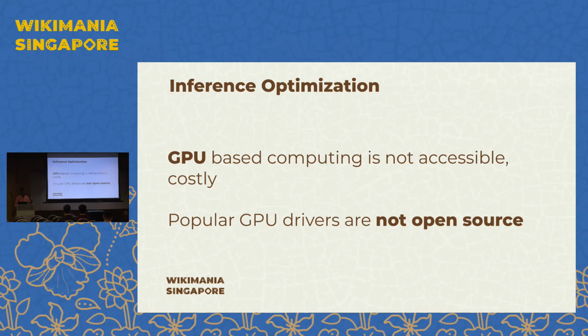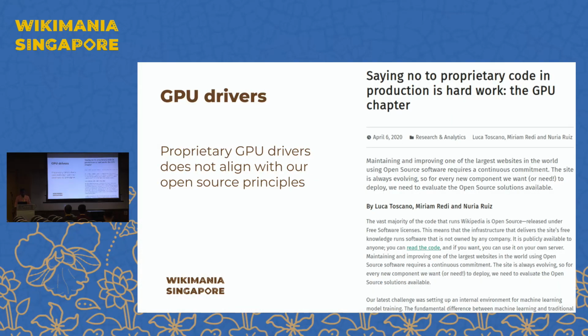So like I said, the first principle I mentioned in the beginning of this presentation, we are very serious about free and open source solutions. So GPU drivers are not open, and because of that, within the Wikimedia Foundation, we do not run those proprietary drivers for our acceleration. So we do not have any of these NVIDIA GPUs currently in our infrastructure.